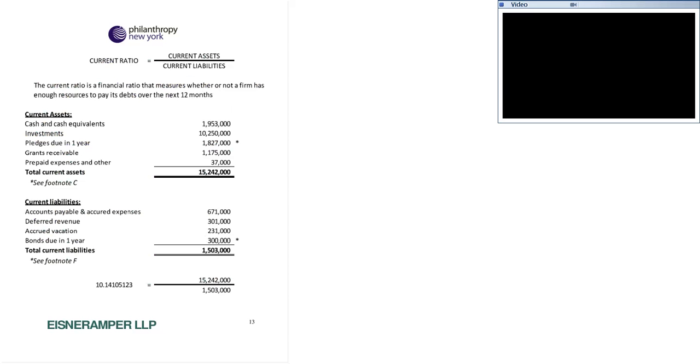A lot of times, because an entity doesn't even have debt per se, what you're really looking at is, I see these amounts sitting in accounts payable and accrued expenses. Do they have enough cash to cover their bills? So you might want to think about it that way. Also, depending on how much information you want to ask for, if you see that number, accounts payable and accrued liabilities, very large, you may want to follow up with the grantee and say, can I see an aging report of accounts payable? Or are you having trouble paying your bills? Because maybe that's the case. Maybe they're literally letting things go past 90 days because they just don't have the cash and resources to pay